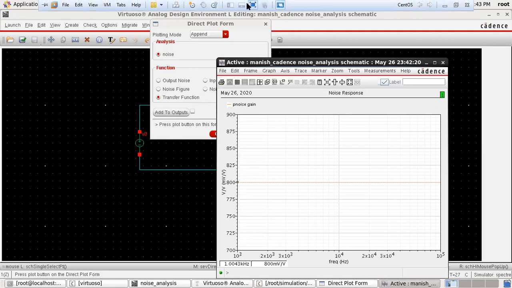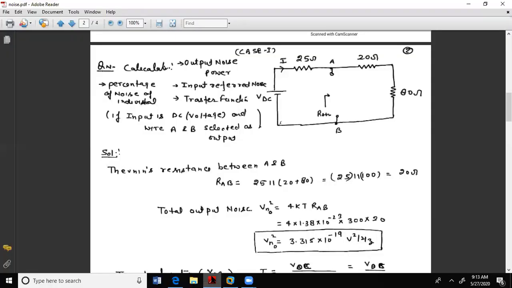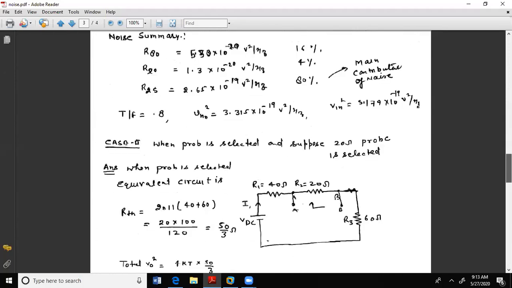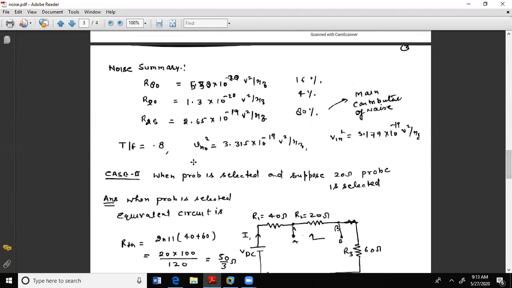If we verify this value with our theoretical value, see what is in my result summary. The theoretical value is 0.8 volt. Here the transfer function value is 0.8.